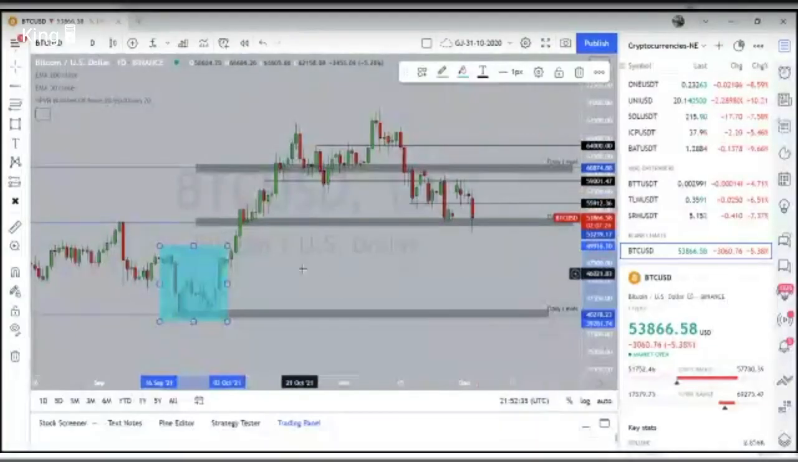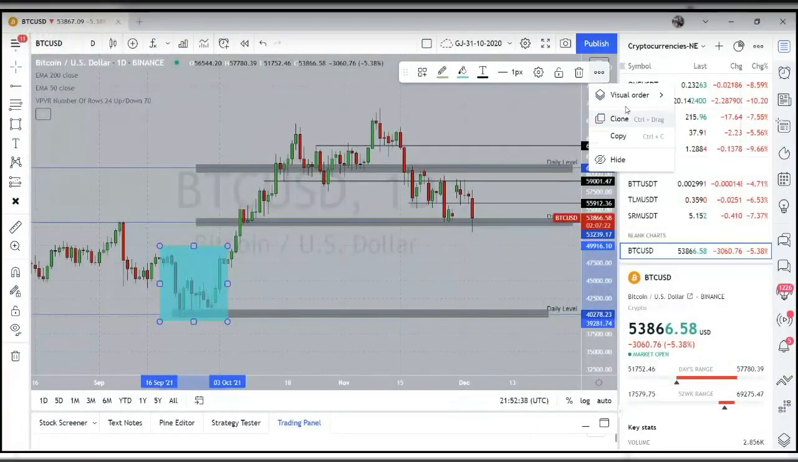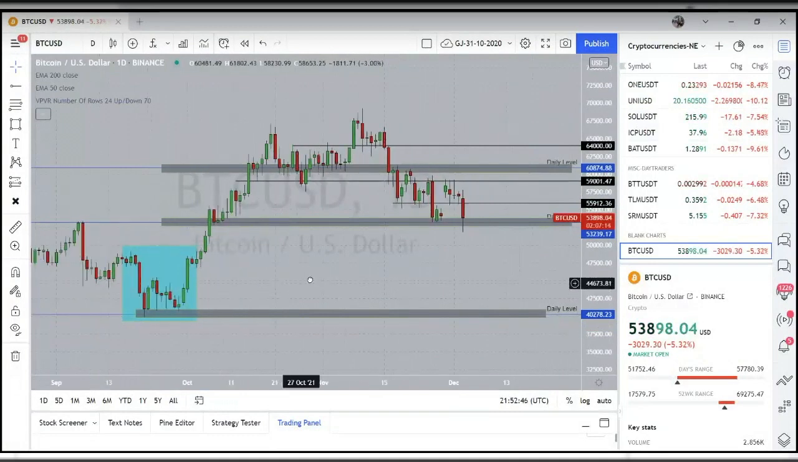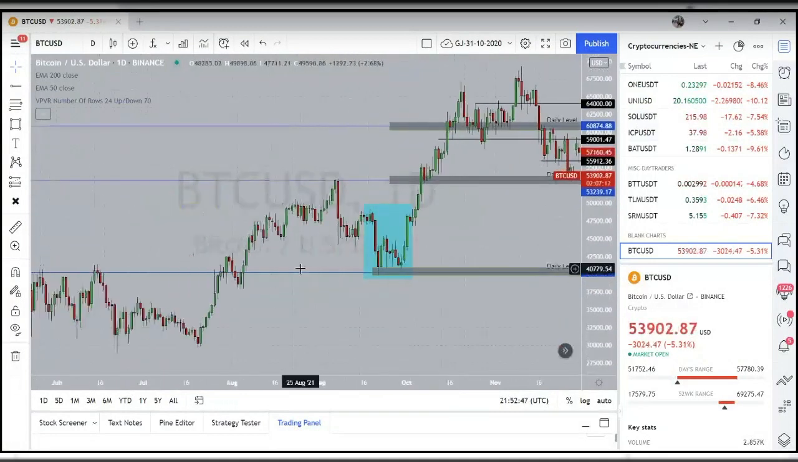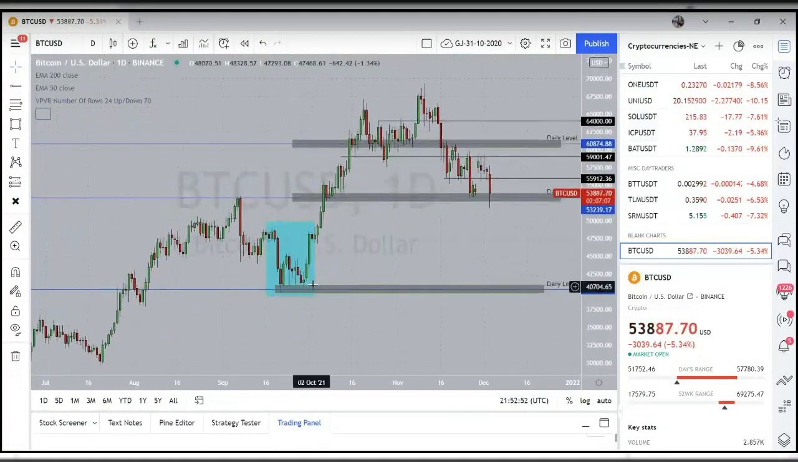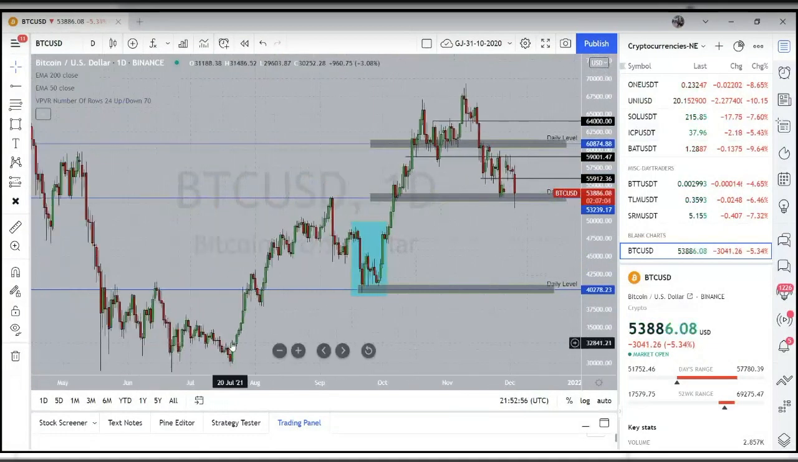Just gonna make that another color, make sure it's sent to the back. Perfect. Okay, so we can see when the market got to this level, broke through, came down, bounced twice, and then moved up from it. So this movement we see here,